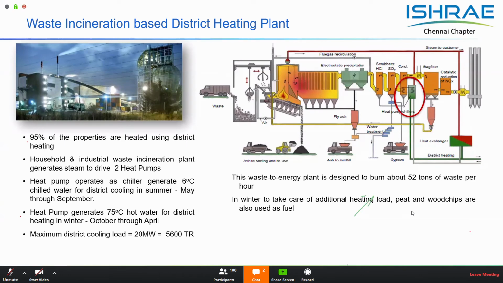When you have waste heat available in the form of flue gas or steam, you can recover that and run absorption units, which can effectively convert this heat into heating or cooling, and you generate more output than the input heat. In this particular case, the unit works as a chiller in summer and as a heat pump in winter, catering to both demands using one single piece of equipment. That is the beauty of this technology.